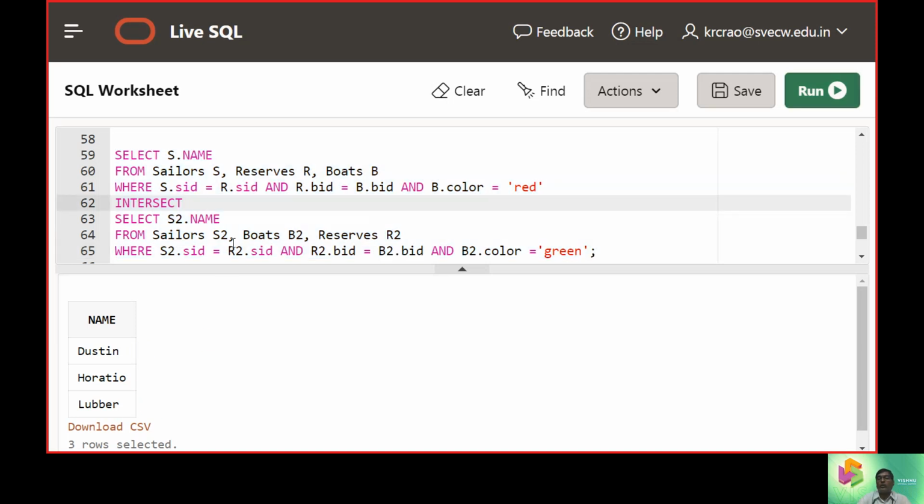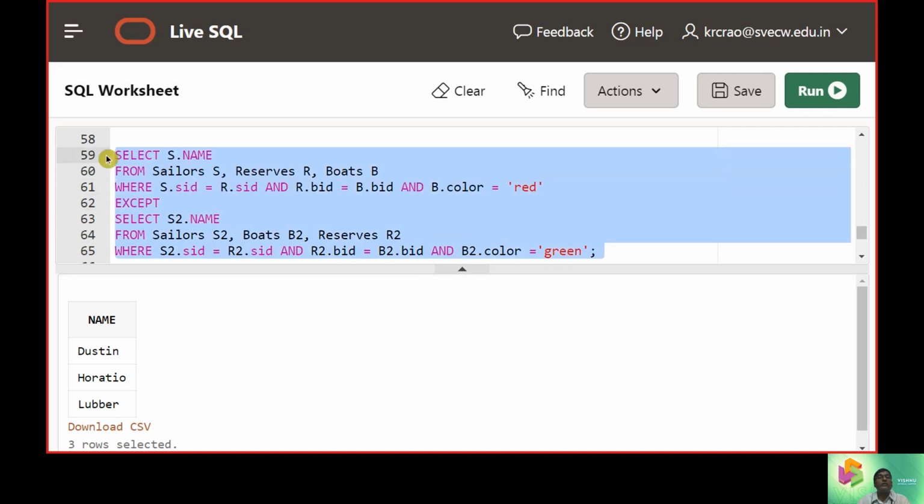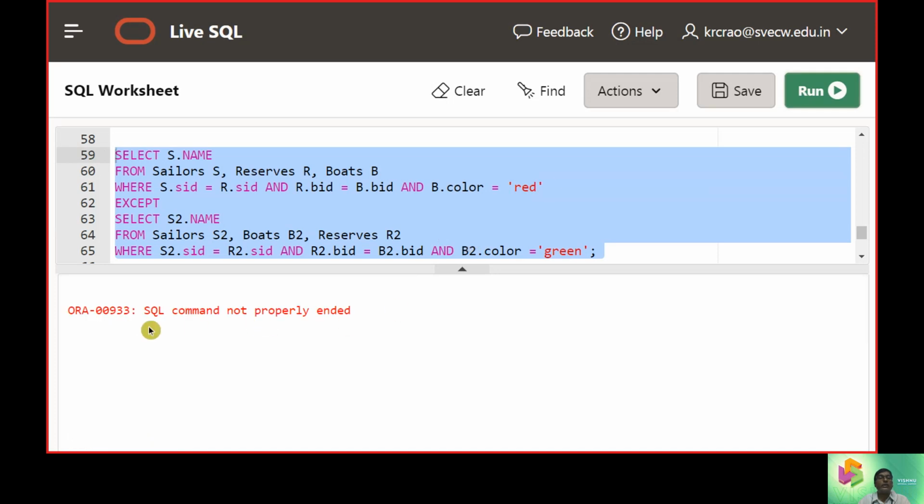Now, the third result will be except. So we can say that the SQL command was not properly ended.